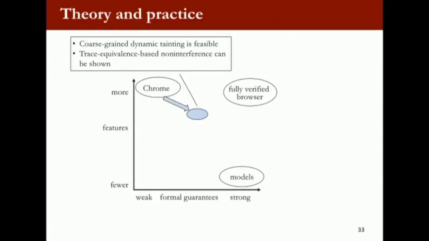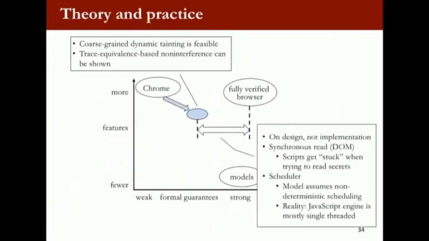have trace-based non-interference, right? So there are gaps between a fully verified system and what we have. One obvious gap is that whatever proof we're doing is on the design, not on the implementation. As I said, there's no hope I can do this on the implementation at all. The other gap, which is interesting, is that this taint method is fairly easy to understand and implement, but in reality it's causing additional flows, and there are features of the browser that are extremely hard for us to handle